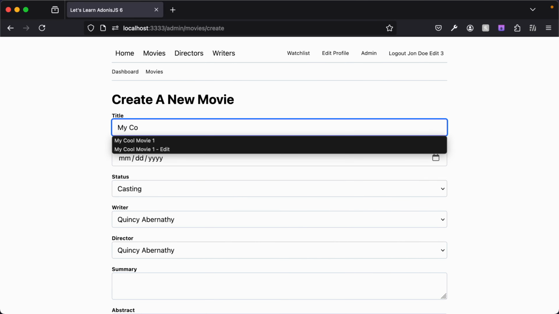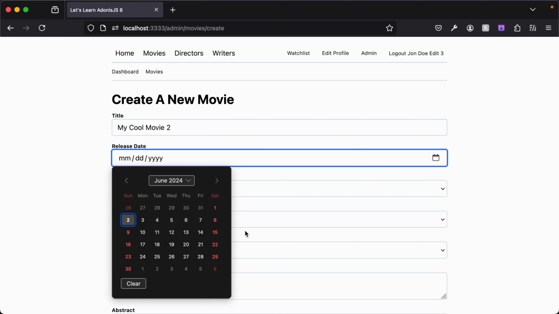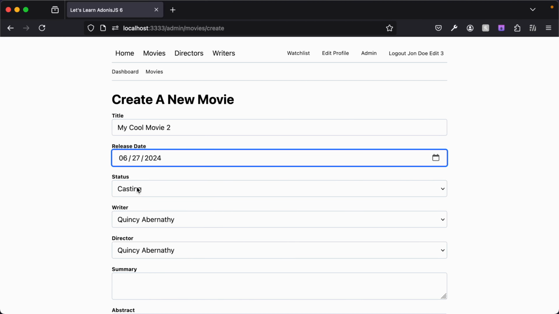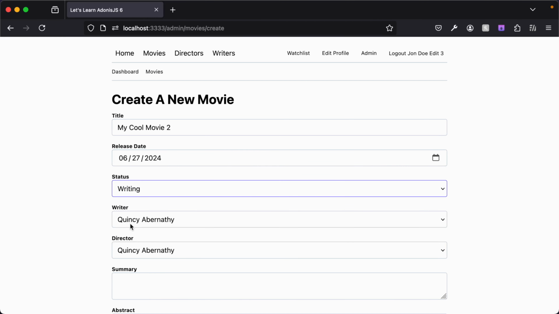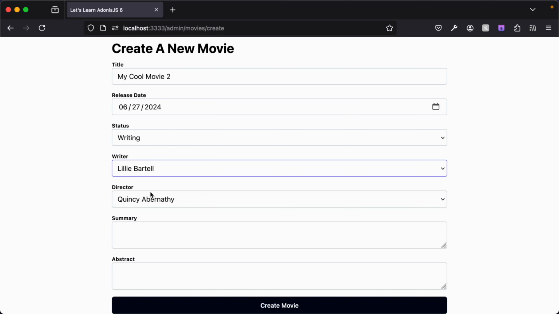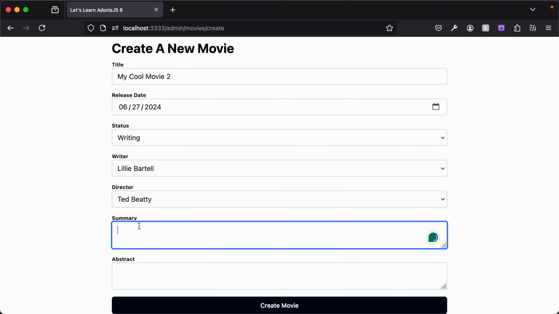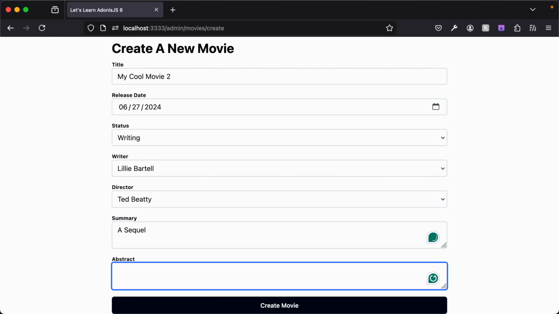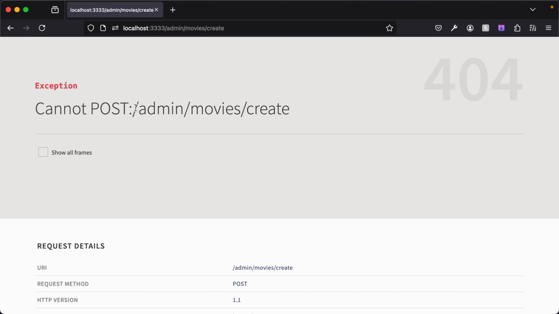Let's say my cool movie 2, give this a release date of maybe the 27th, the day after my cool movie 1. We'll say that this is being written. The writer is Lily and the director is Ted. And give it a summary of a sequel and an abstract of a really cool sequel. Go ahead and create the movie. And oh, yep,